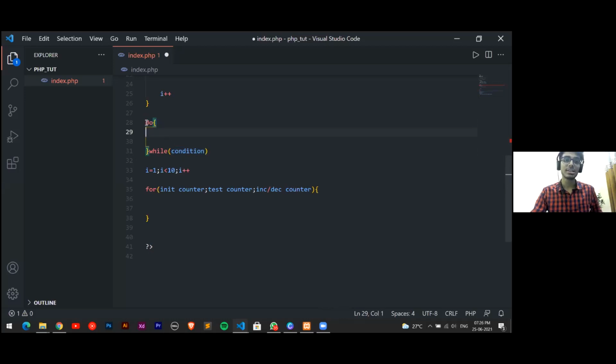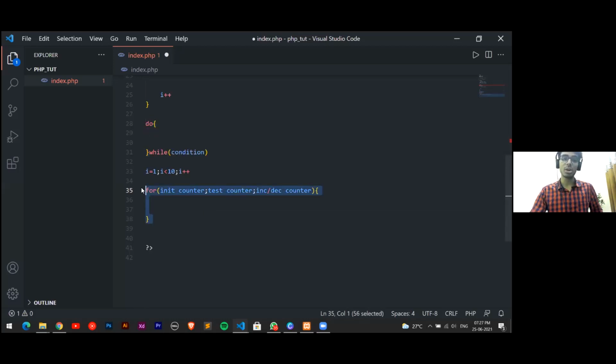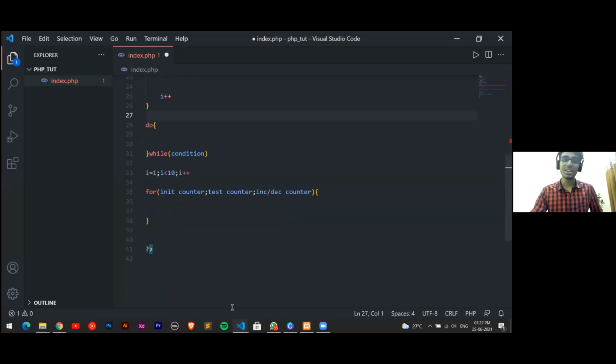Okay. So this is the reason do whiles are majorly not used if we want to have a conditional loop. If we want the loop to run in a conditional manner only, if the condition is true, then only we will run the loop. Otherwise, we won't run the loop. Okay. So this is the basic difference between while and do while. And for, I've told you how to convert a for into a while. Okay. So have you understood this? The basic programmers would already know this. Don't worry about that. It's just that I wanted to keep this clear.